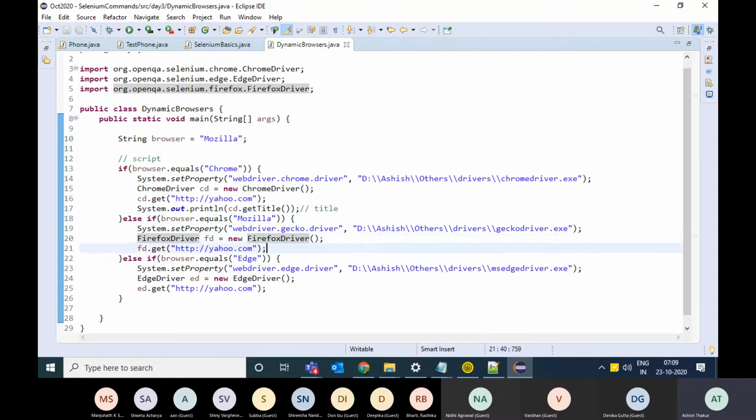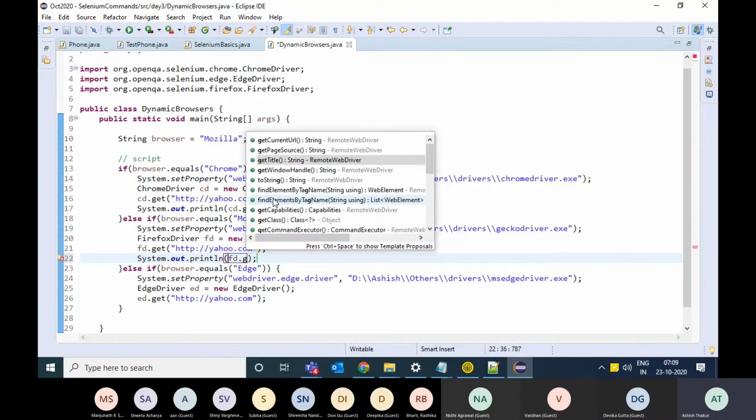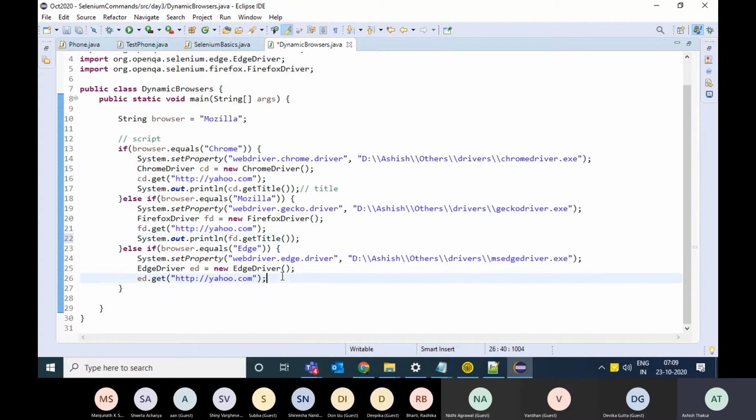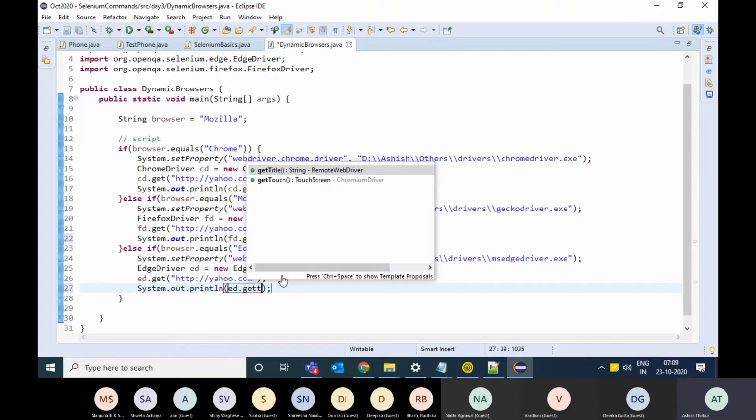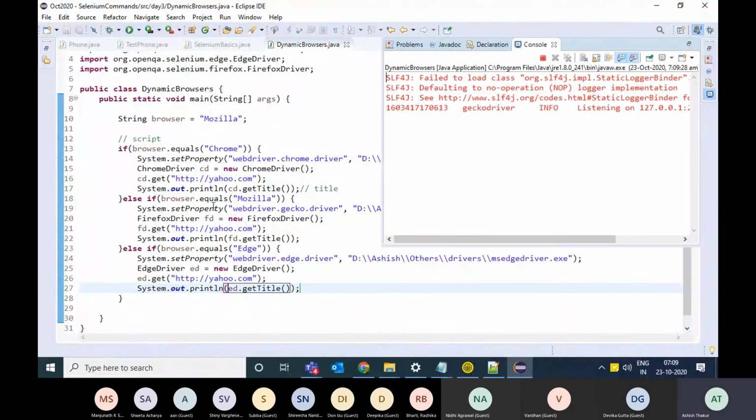In case of Firefox driver, if you want to print, you will have to write firefoxDriver.getTitle. And in case of Edge driver, you will have to write edgeDriver.getTitle. Although this will work, if I run this code, Mozilla will open up and it will go to yahoo.com. This thing will work, but it doesn't look practical.